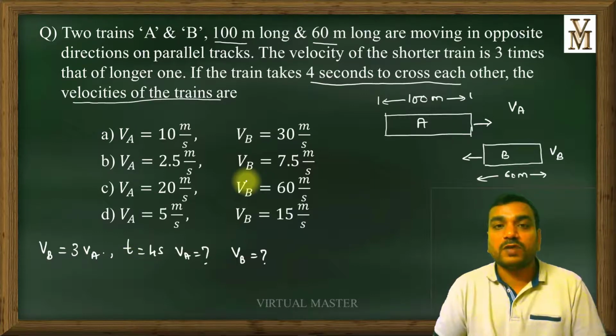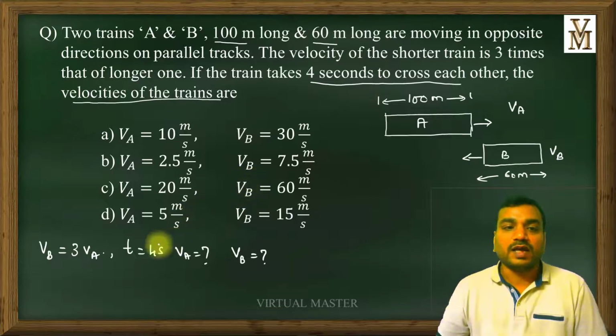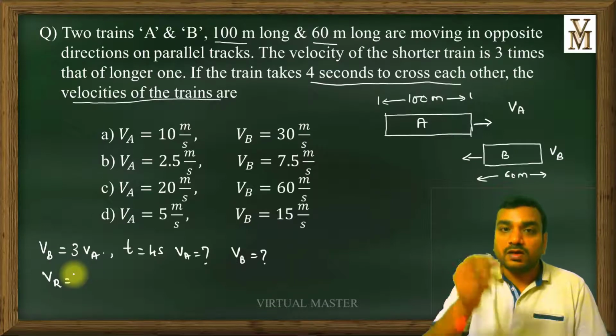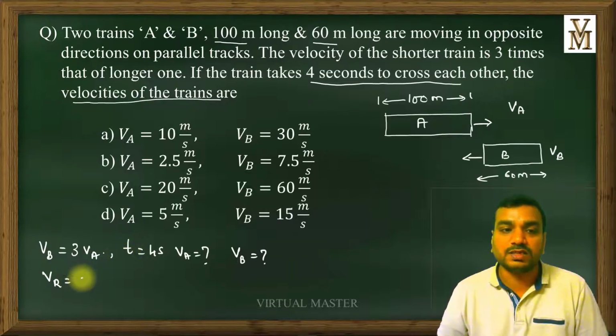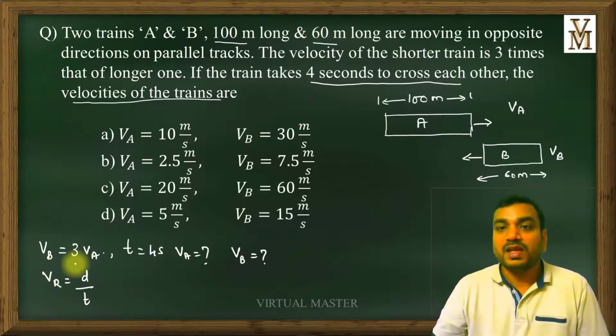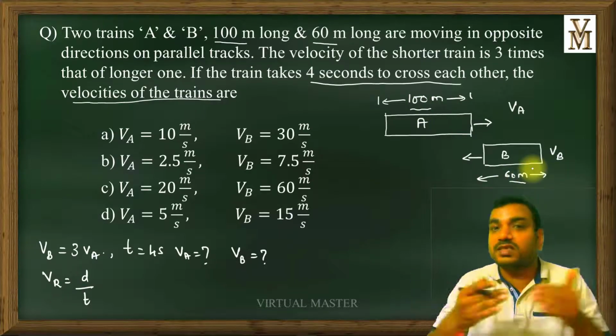First, what we have to find? We have to find the relative velocity of the two trains. Okay, and the formula we can use is just the normal formula that we use to find the velocity of an object, that is distance traveled by time taken. Now in this case, the two trains are crossing each other, so the velocity will be equal to the relative velocity. And how much distance do these two trains have to cross? These two trains have to cross 100 meter plus 60 meter, because they have to cross each other, right?